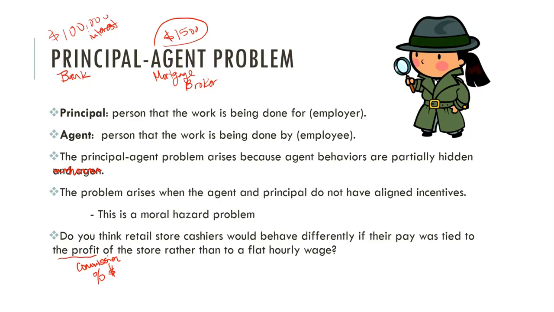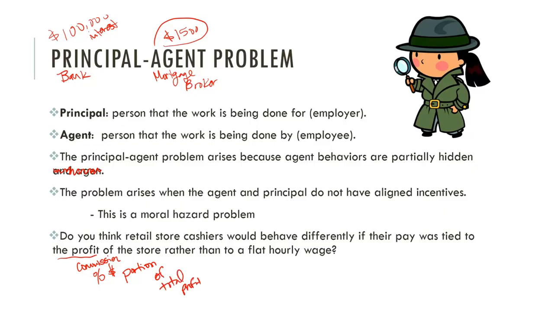Yes, they do, right? The data shows that when you make commission, you tend to sell more stuff than when you are on a flat hourly wage. And this is because of incentives. That commission gives people an incentive to sell. Does it fix the problem, the principal agent problem? No, it definitely doesn't. Because that commission is always still only a much smaller portion of the total extra profit earned,